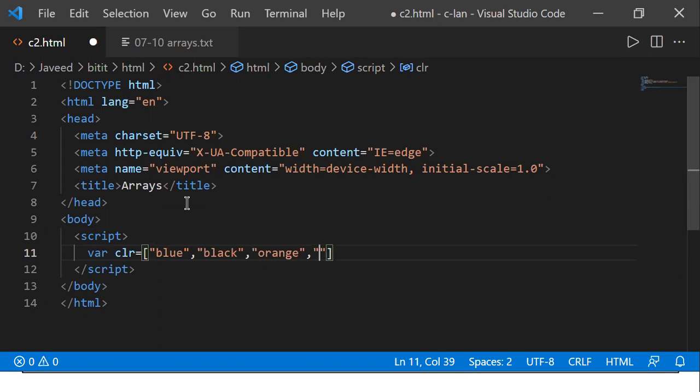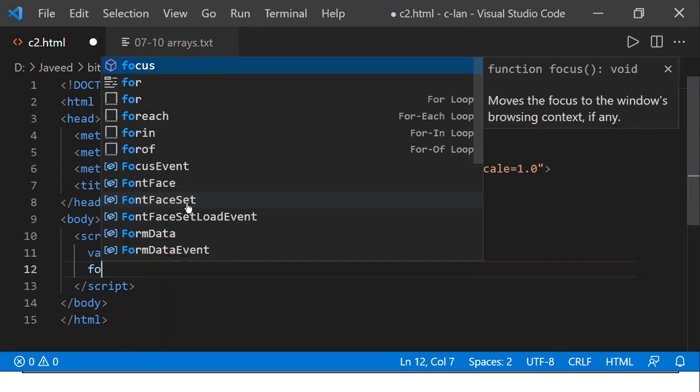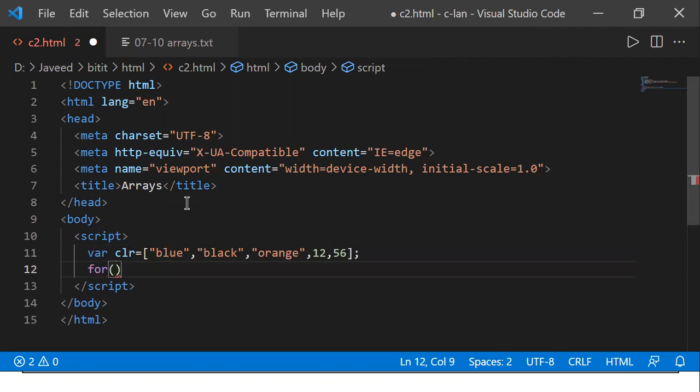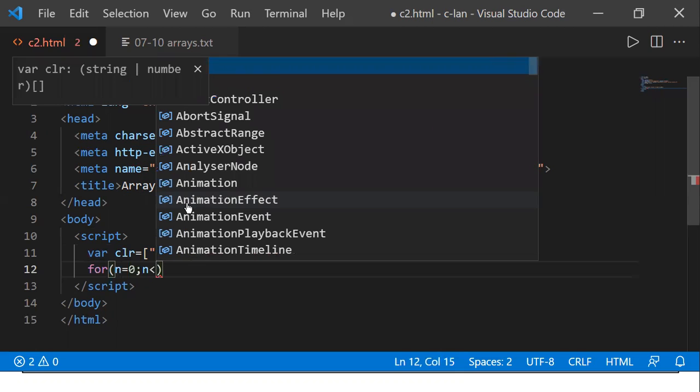Let us say in addition to this, we'll also add some numbers. Something like this I have added. Now I want to get the values from my array. So one simple method that we have seen yesterday, how to access the data of my array. Then I'll take a variable called n, whose index position starts with 0 for me.